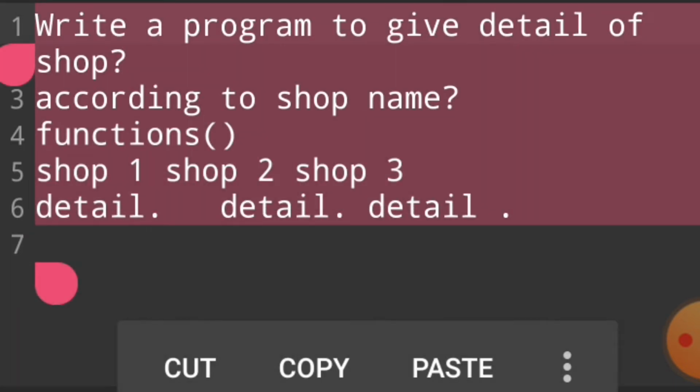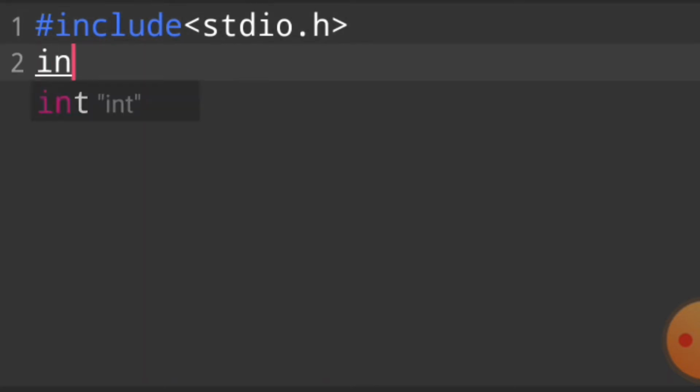So we select all the program and cut it, and then we write hash include less than stdio.h. This library gives us some functions like printf and scanf. Then we use int main for the first execution.